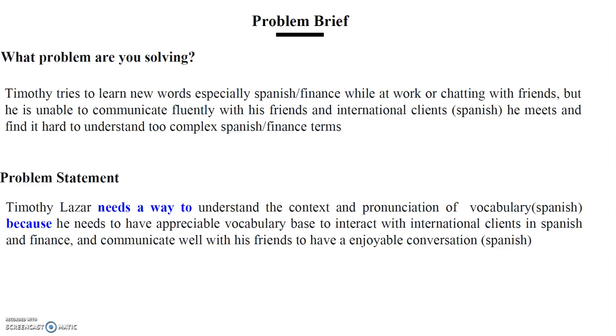Before mentioning the problem statement, I would like to state what problem my persona is facing. My persona Timothy tries to learn Spanish in order to improve his Spanish vocabulary base for 2 main reasons. The primary reason is that when he interacts with international clients, especially Spanish clients, he wants to have a very good vocabulary so that he can communicate things better and deliver the message